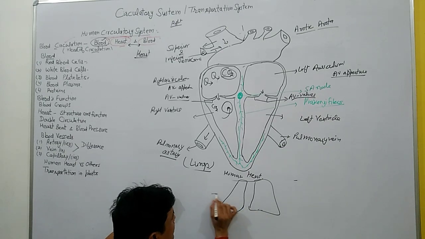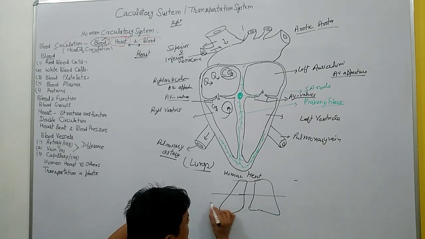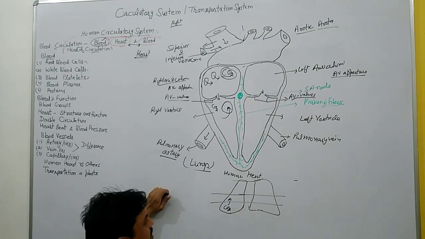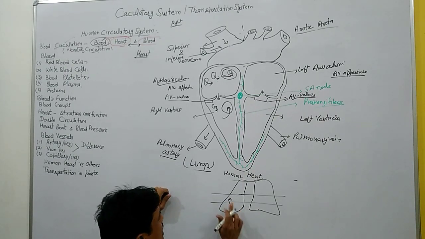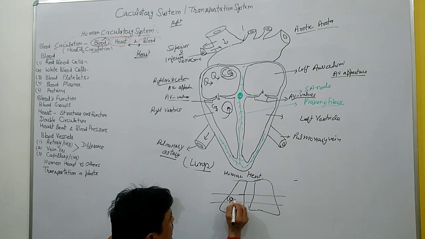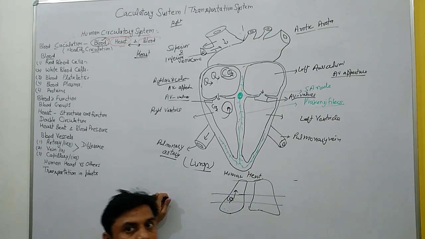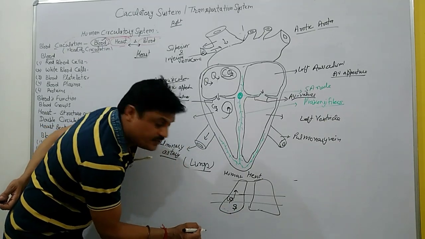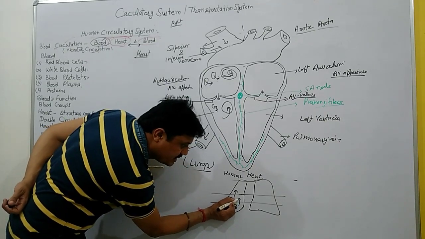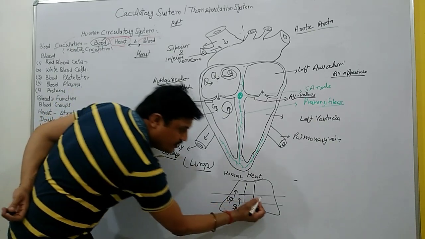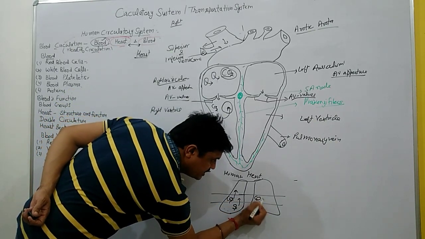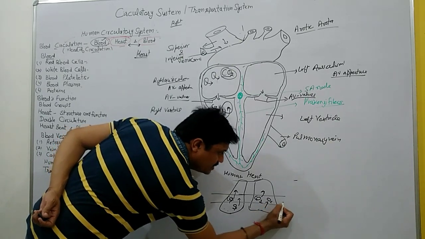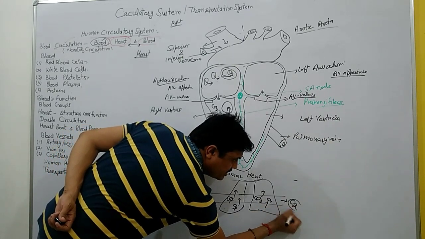In the lungs, when the blood reaches there, the carbon dioxide present in the blood diffuses into the lungs, and the oxygen which is filled in the lungs is carried back in the blood. So the carbon dioxide is released in the lungs, and the oxygen is carried in the blood. So this blood which is rich in oxygen